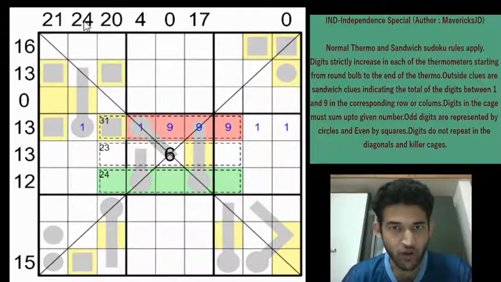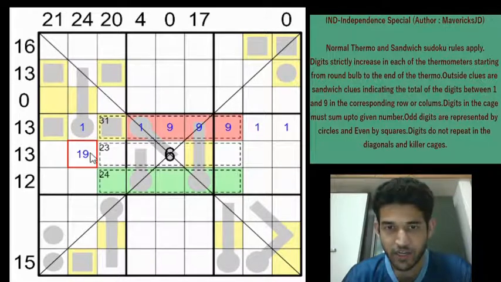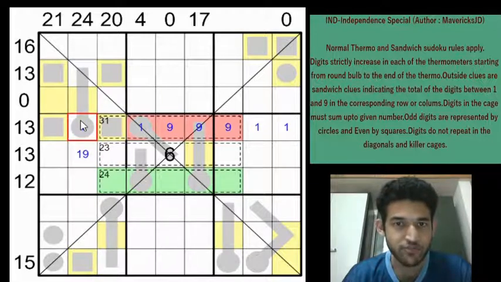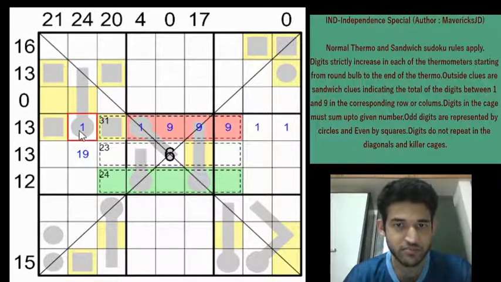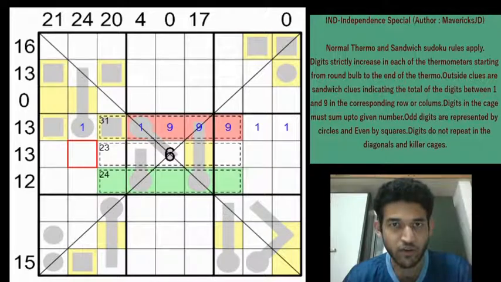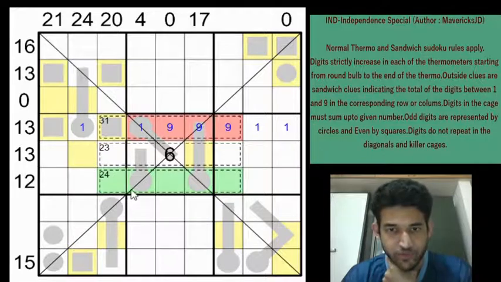Okay, if you look at this column 2 clue, we can eliminate row 5 column 2 as a 1 or a 9 possibility, right? Because if you have a 1 or a 9 in row 5 column 2, let's see what happens. If you have a 1 or a 9, for the 24 to total to be achieved without the 9 as part of the sum, we need at least 4 cells. Because if you have 9 as part of the sum, then you can achieve within 3 digits, 7, 8 and 9. But when you don't have 9 as part of the sum, then you need at least 4 cells. So if you have a 1 or a 9 here, we can only get a maximum of 3 cells between the sandwich crumbs. So which means we can eliminate this cell as a 1 or a 9 possibility.